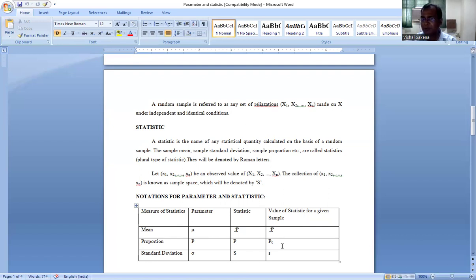So these are the parameter and statistic concepts, and in the hypothesis